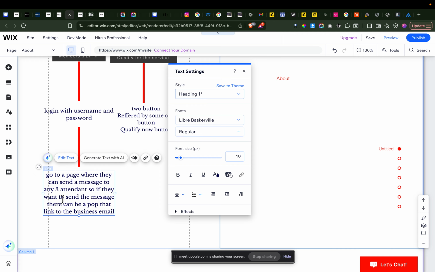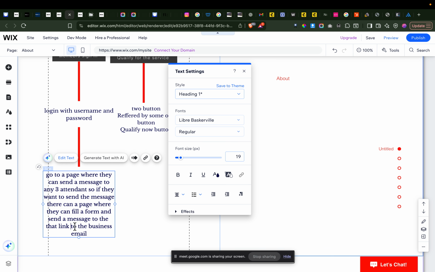A pop-up can seem very cheap and generic, like on Google when they want to sell you something. I don't want it to look generic. Okay, so they can be directed to a page where they can fill in a form and send a message to the business email.